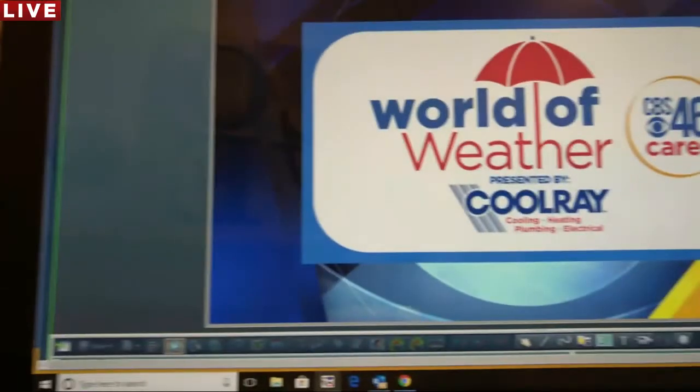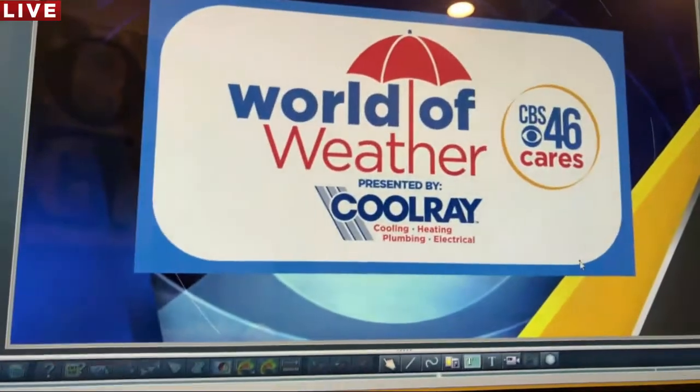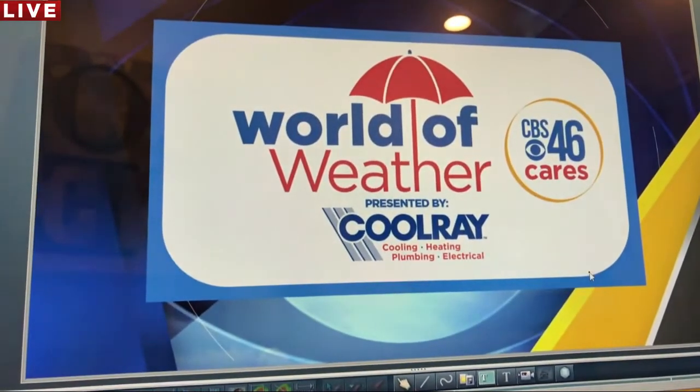So now I'm going to turn this around and we're going to explain it a little better. Sometimes with something that you can't visually see, it's hard to understand. I totally get it, but we're going to make it easy by showing you these really cool graphics here. And this is going to help you understand the difference between the winds, what makes them strong, and why they go from high pressure to low pressure. So we are talking about the wind.